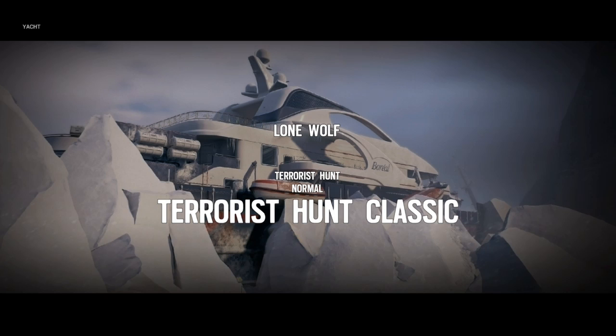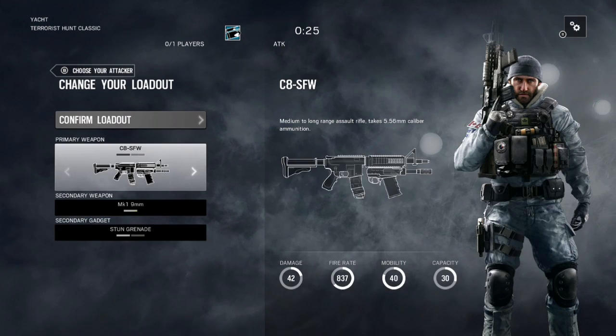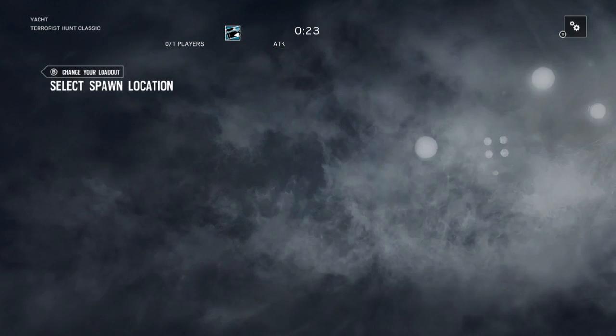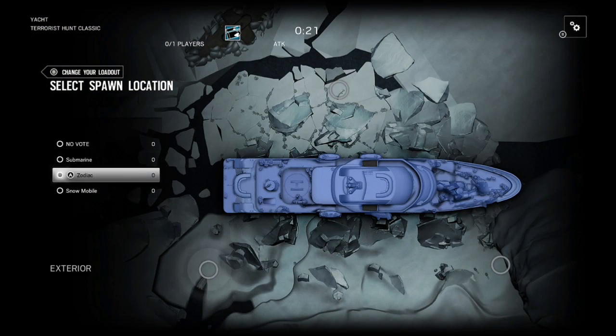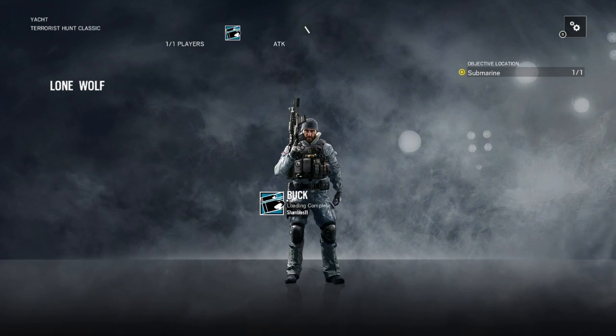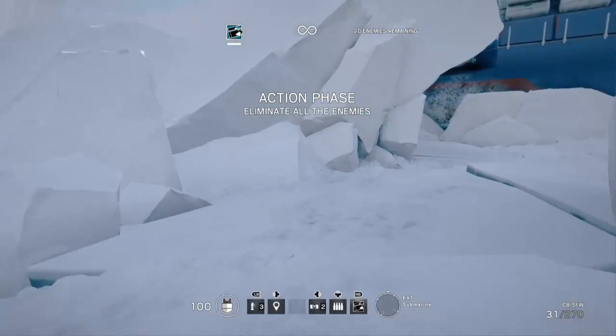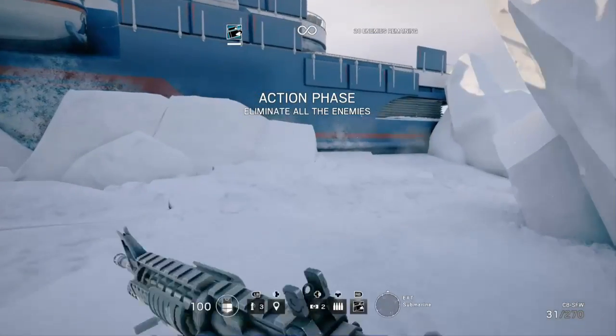Okay, so let's just hop in, try out the new map. This is Yacht. We're going to be doing a terrorist hunt, so let's grab Buck. Now, this is the very first time I've done this, so you will see me being fairly cautious. We have 3 spawn points. I've just picked the very top one, submarine. Now, I went with Buck's rifle, hoping that I find the sniper rifles more of a support weapon. So as you can see, this is submarine points. We have a submarine behind us. We can't go in the submarine,